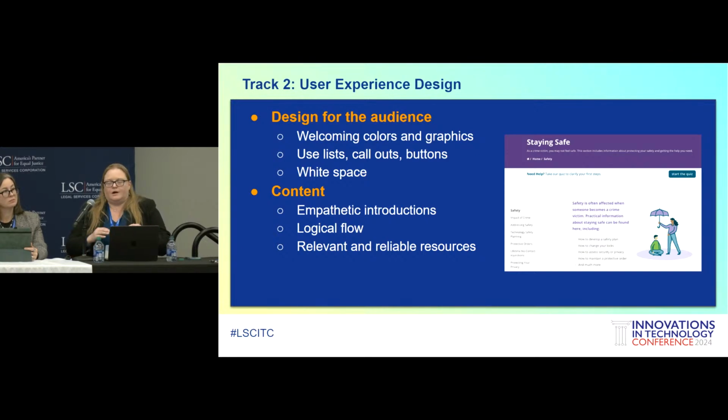So one thing that was done, there's a page on ending a marriage. And for general legal content that applies to any type of ending a marriage, it spanned the entire page. But as a user, if you wanted information on divorce, it was on the left-hand side, and if you wanted legal separation, it was on the right. So everybody got the same information, but you only had to focus on half of the page. So it was very well done, used a lot of white space, a lot of graphics, broke it up.